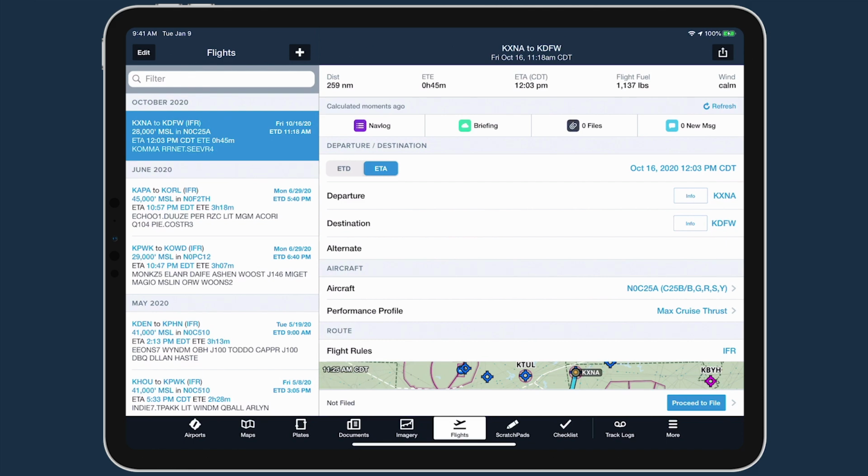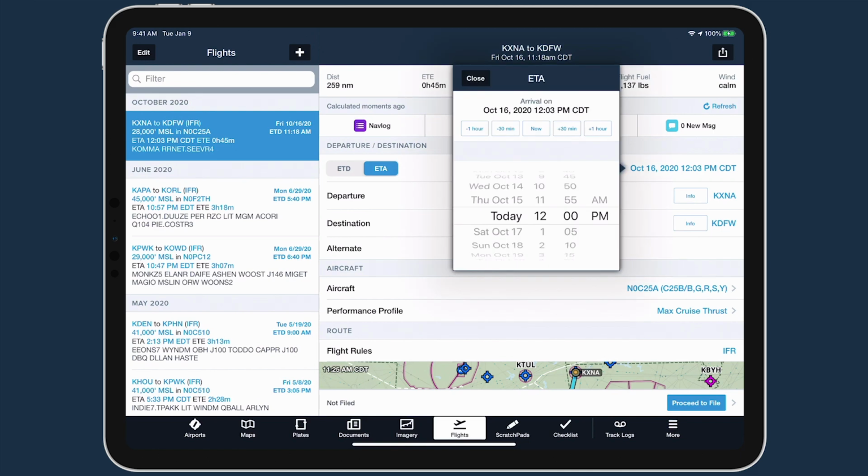So do either of you, Tom and Josh, tend to use, which of these planning modes do you tend to prefer when you're planning a flight? So typically I would do the ETD, but this new feature kind of resonated with me as a private pilot, because a lot of times what we're doing is we're bringing a client to an event, and a lot of times our clients need a little direction. Their schedule can be flexible. So this gives you an easy way to say, all right, we need to be wheels up by this time to get you to the